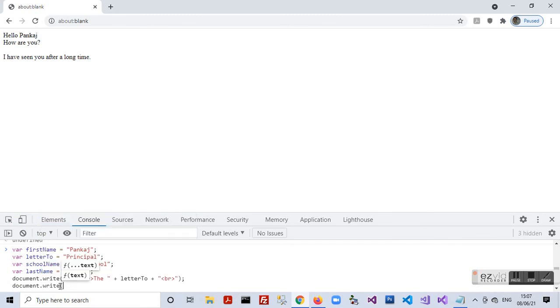So we type document.write school name, which is a variable, plus two break tags. So there would be a blank line between the school name and the next line. And we put in a semicolon at the end, we press shift plus enter and move to the next line.